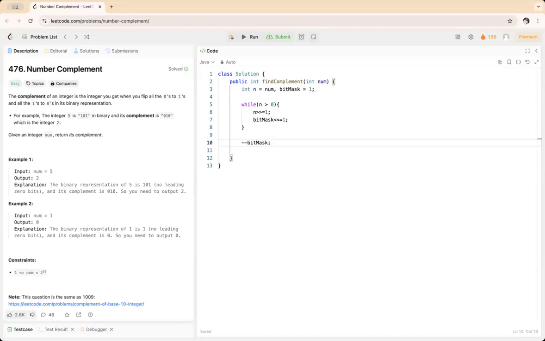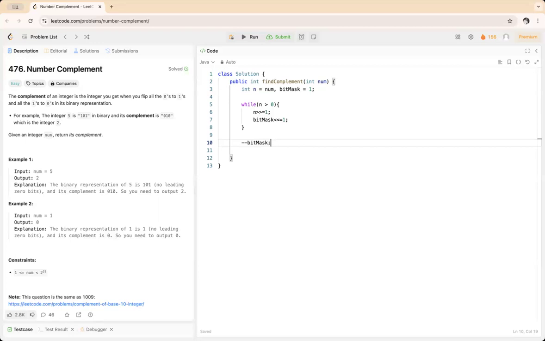The property of the numbers which are just 1 less than 2 to the power 1, 2, 3, is that they all have their bits set. So 7 has all its bits set, 3 has all its bits set,